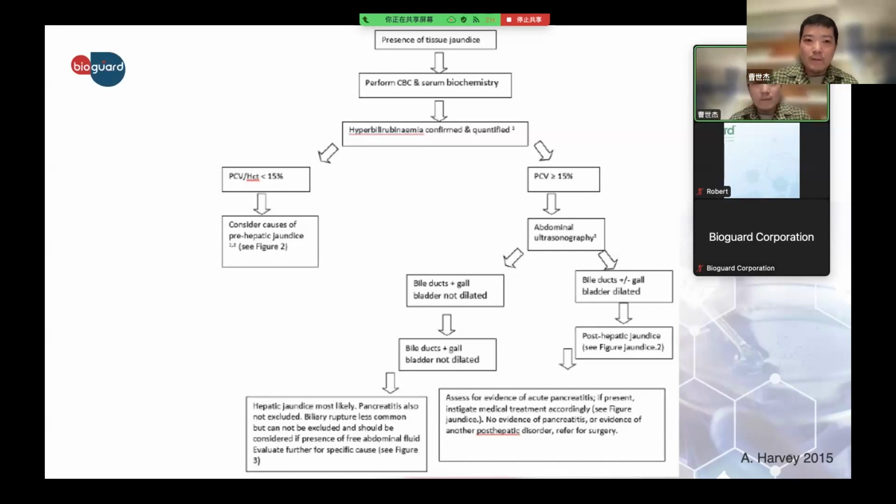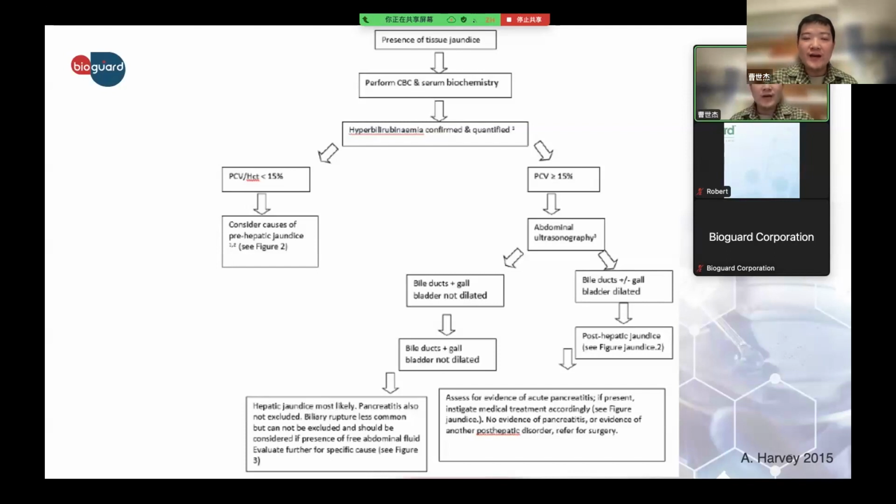So there are other tips or clues we will find through the bilirubin test